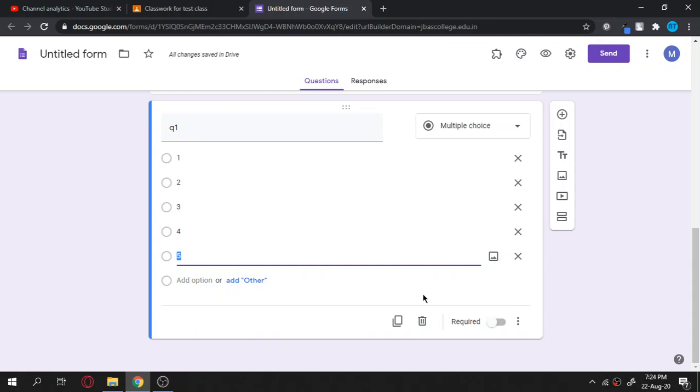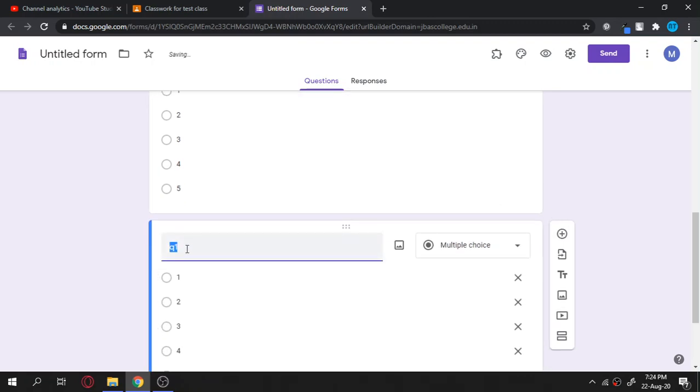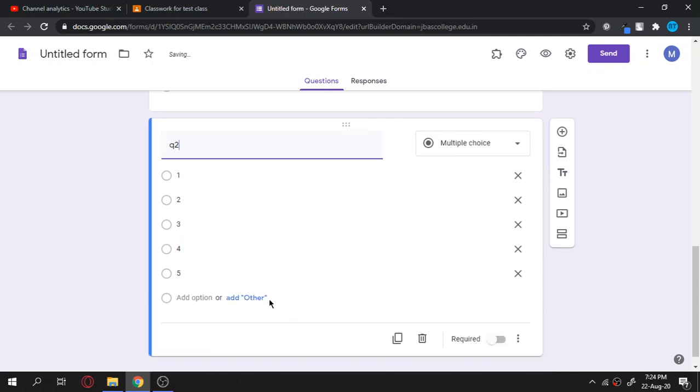Now, to speed up the process, I can use the duplicate option for this question, create a duplicate, and change just the question here. I am typing question 2, and then I am typing all the options. The options may vary; I am giving this as A, and here as B. It is up to me how to set my question for my subject. This way I can keep moving on with my options.